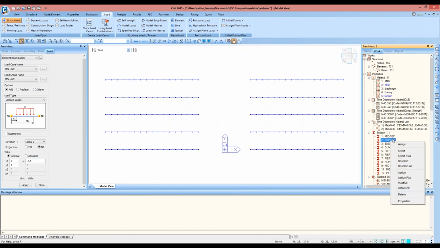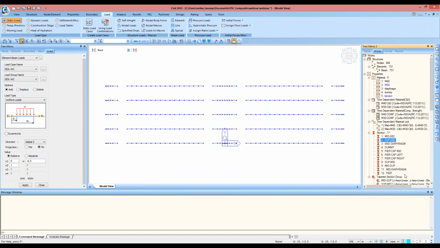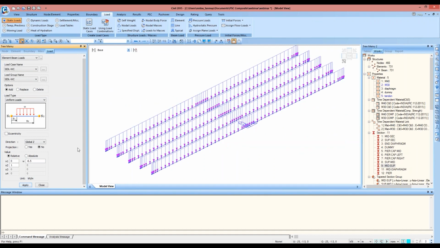Right click on the support section and click on active plus, then right click on support to mid, active plus, and mid to support, active plus. So these are the girders on which the load will be acting. Now I'll select all and apply. So these loads have been added here. In this way we have defined the SIDL bearing course and the SIDL crash barrier.